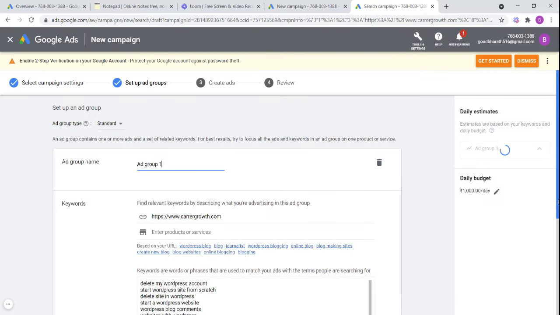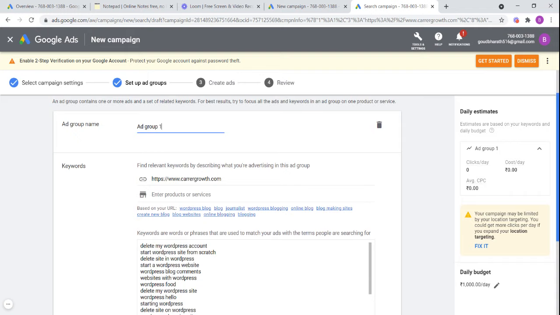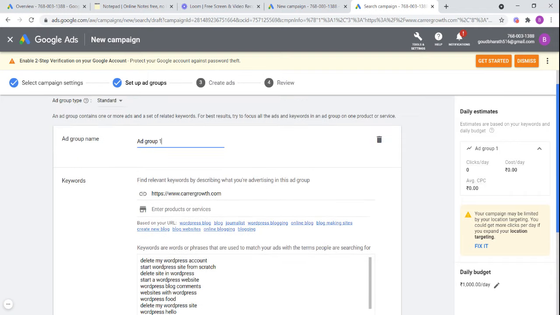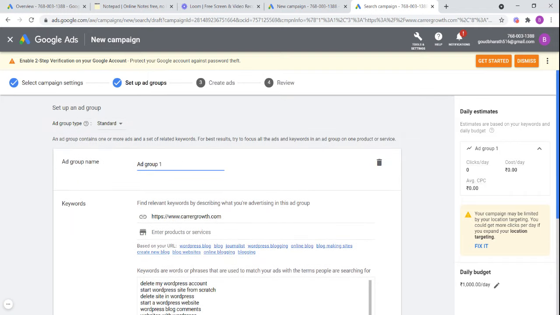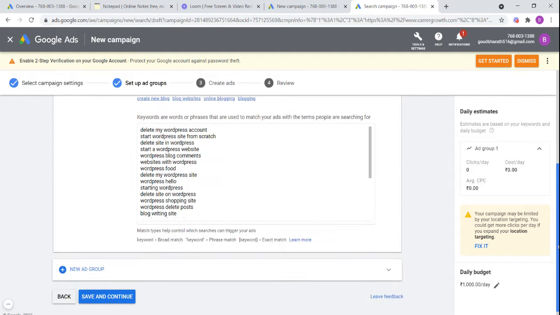Here, ad group 1. Before designing an ad group, I would like to tell you what ad groups are. As I told you initially, we are going to create ads for a digital marketing course and a web development course. Both are different, right? If someone is searching for a digital marketing course, they should not see our web development ad. That's why we have to create two ads: one for web development and another for digital marketing.